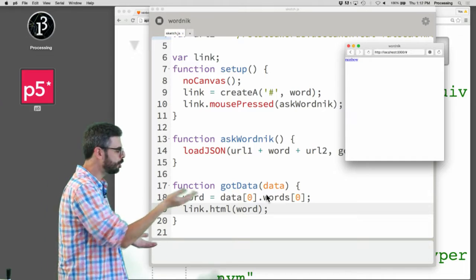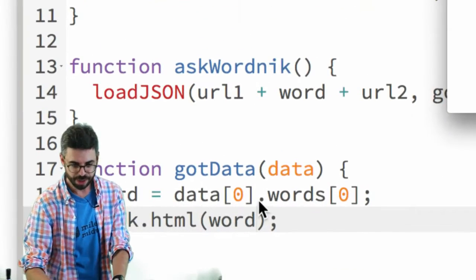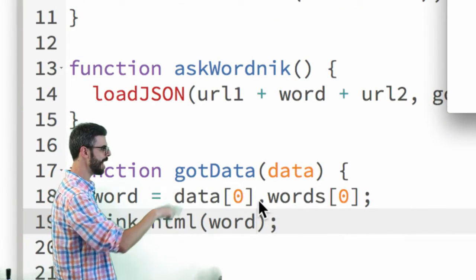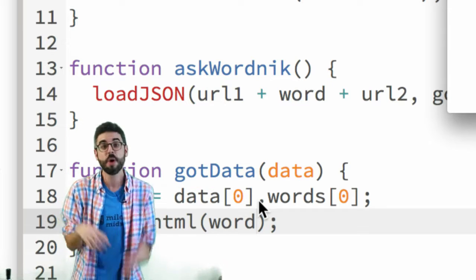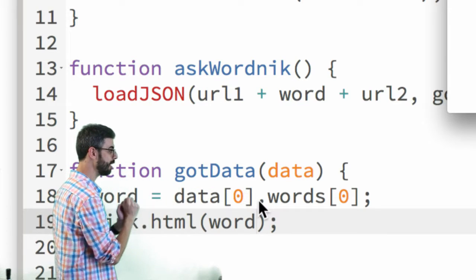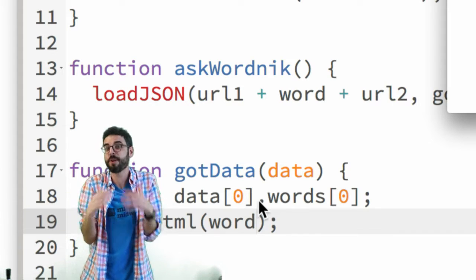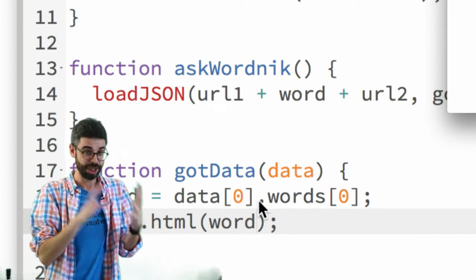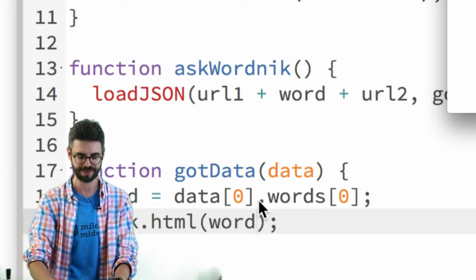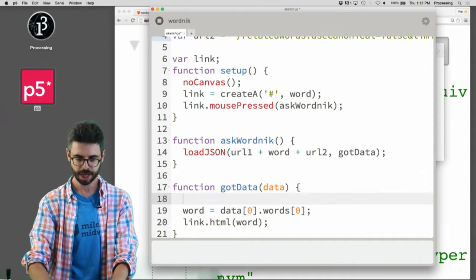But you can see that there's two numbers in here. I'm getting the 0 element of the data array and the 0 element of the words array. So what if I want to get a random element of the data array and a random element of the words array? Well, I just need to use the p5 random function. I could use the native JavaScript math.random, but I'm using the p5 library, which has its own random function. So I could say,